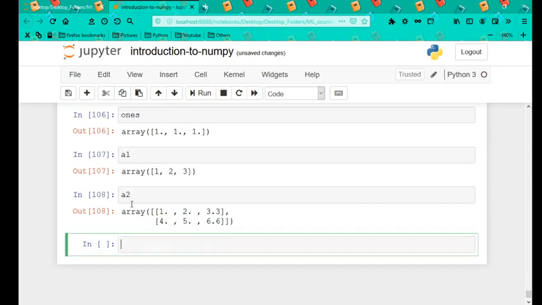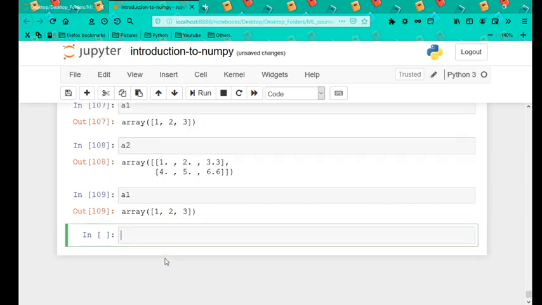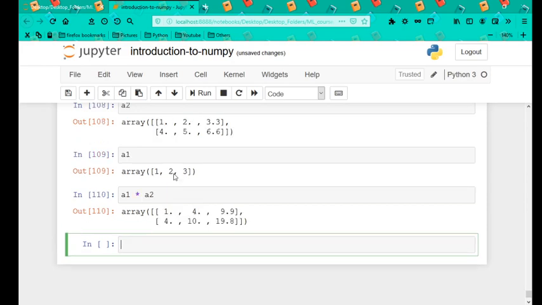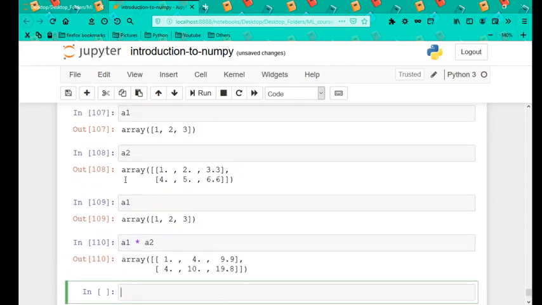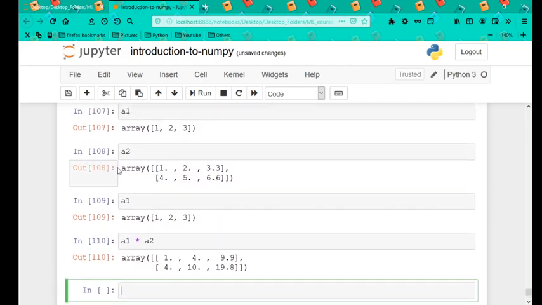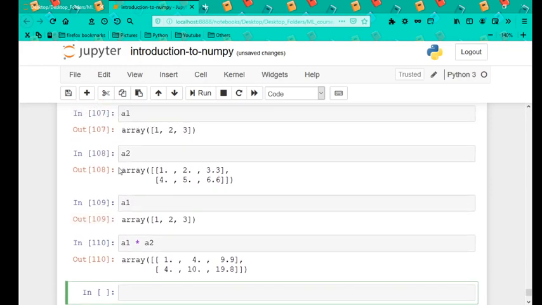This is another array. So this time it has 2 rows. And A1 has 1 row. So let's see what will happen. So if I say A1 times A2, what do you think this will give us? Have a think. I'm going to run it now. Okay, so this has actually given us an array with 2 rows. Now, what does this mean? So basically, what it has done is